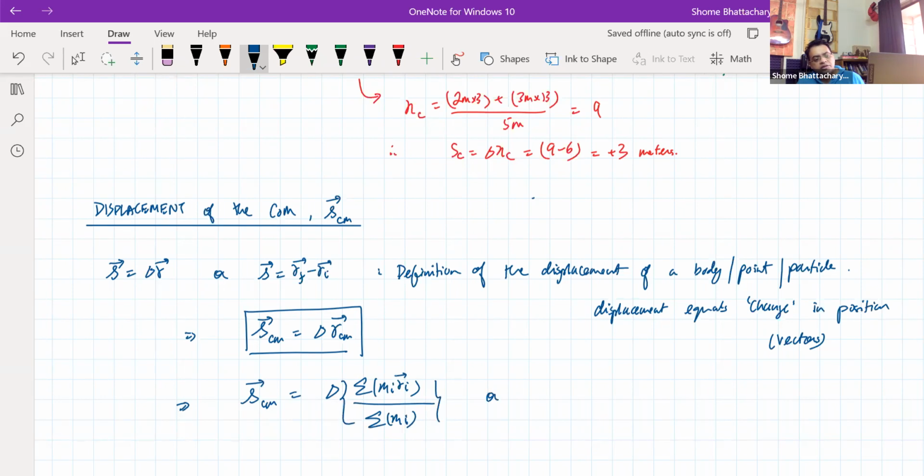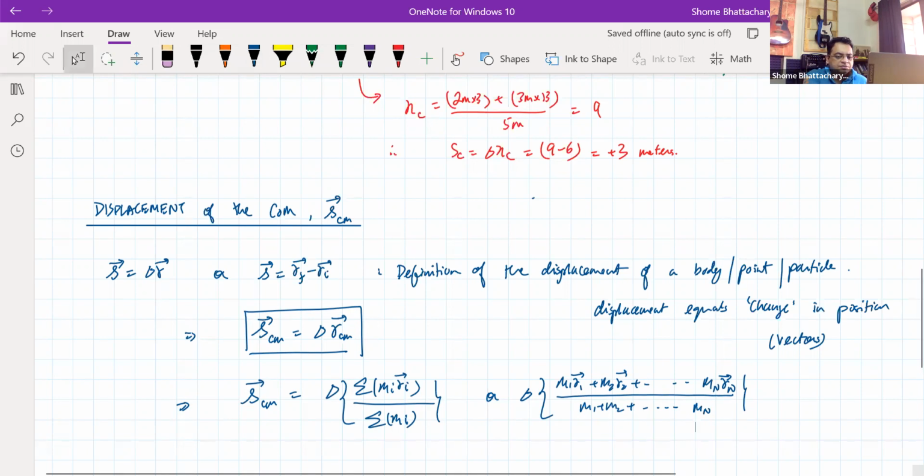Or you can say it is delta of this quantity, which has a summation in the numerator and this kind of summation in the denominator. Now, next thing we'll do here is we'll operate this delta on the system, and when we do that,